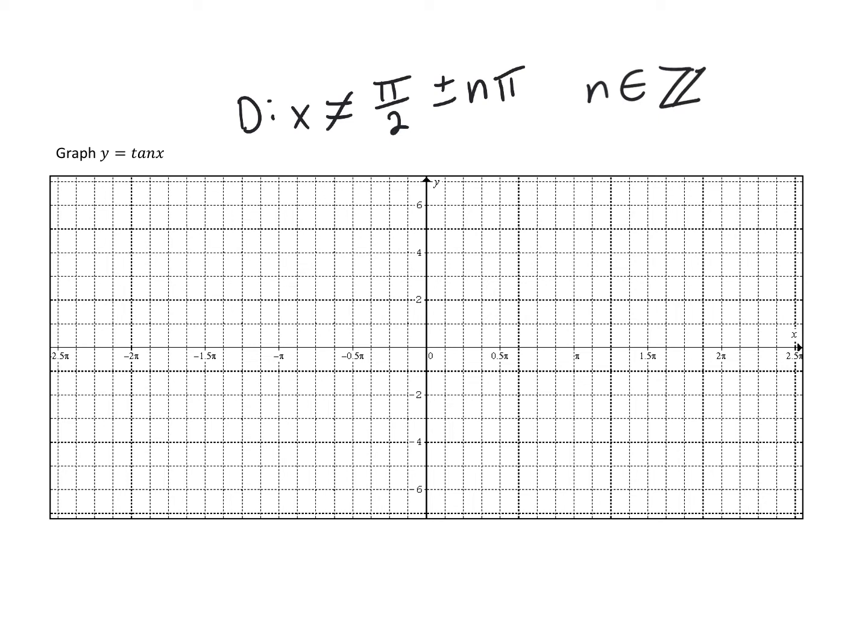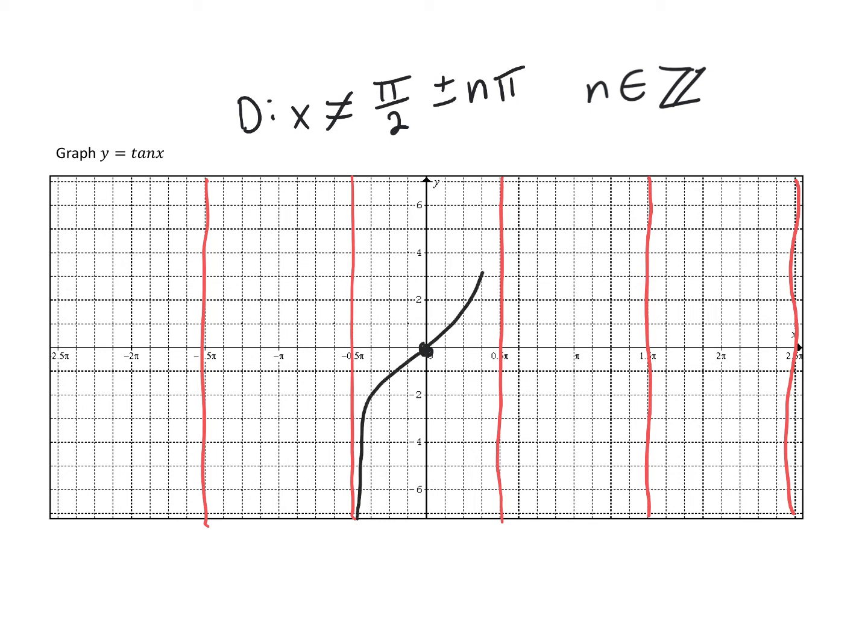So basically what that means is that at pi over 2, 1.5 pi, 2.5 pi, negative pi over 2, negative 1.5 pi, and so on, we have what we call asymptotes. So the graph will go through 0 and look something like this, and just repeat that. So it's still a cyclic function or periodic function, but it's not a continuous function because it has all these